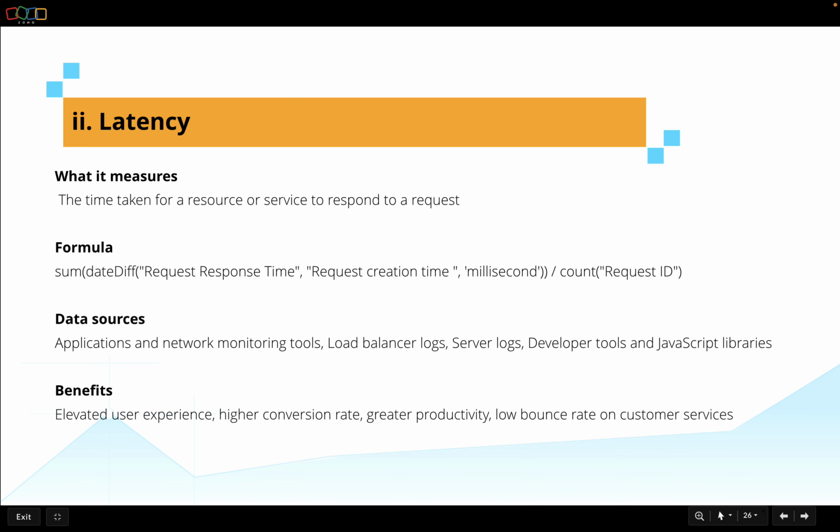And latency basically measures your infrastructure responsiveness. Latency is a critical operational indicator, which, as I said, measures your infrastructure responses to multiple requests. It ensures that your resources or your infrastructure meets the user expectations and the performance targets. High latency frustrates users and leads to abandoned transactions and potentially triggers SLA violations due to them breaching the